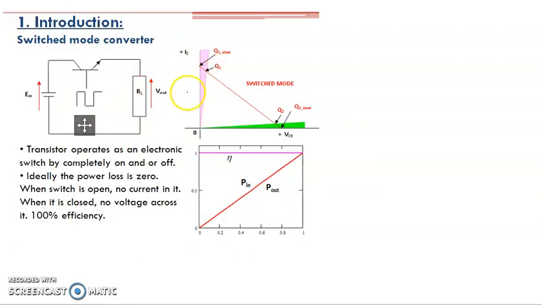Then why recently we moved into switch mode converters is that we benefit in terms of the region here. So this is the region of fully switch on. This is the region of fully switch off. So we use the mode of on and off. Either we are totally on,